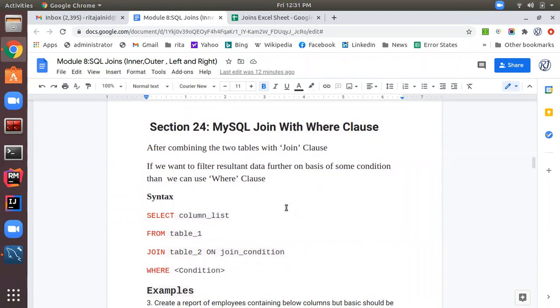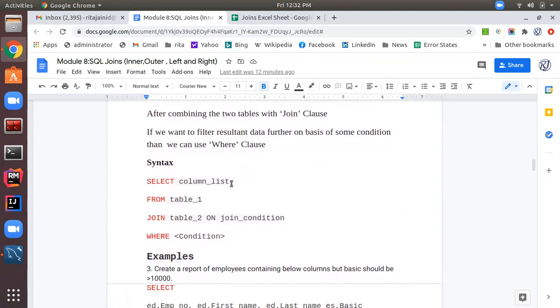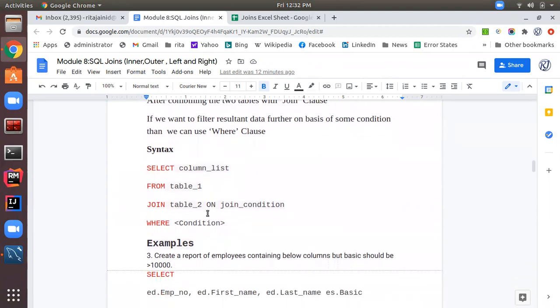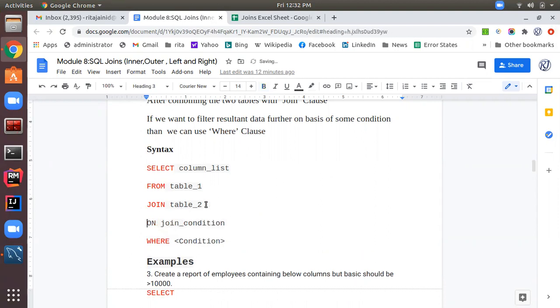After joining the tables with the join clause, if we want to filter the result data further on the basis of some condition, then we can use the where clause. Here is the syntax: select column list from table 1 join table 2 on join condition where condition.